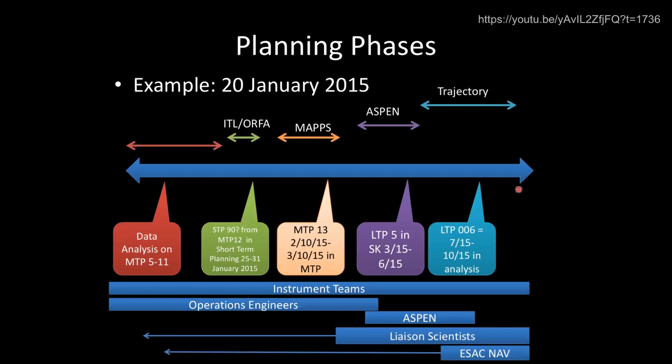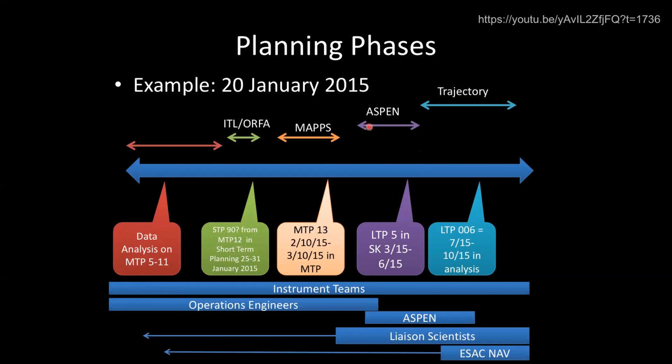So just beating the point to death, this is again the closed loop planning timeline. And I believe this was on a particular day at 20 January. So there's these MTPs, these are medium-term plans, short-term plans, and long-term plans. The Aspen tool is the AI tool that was developed by Steve Chen's group for this mission, or possibly for